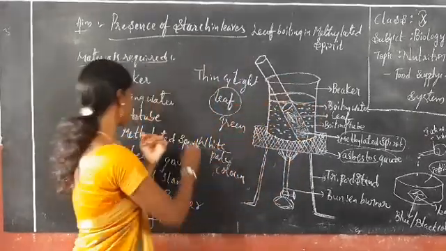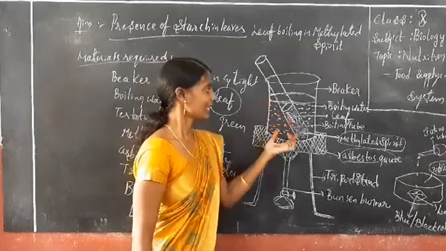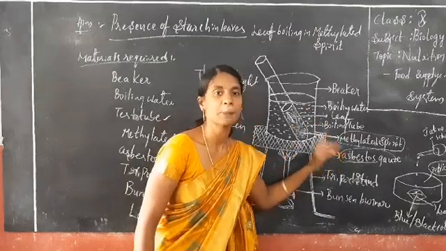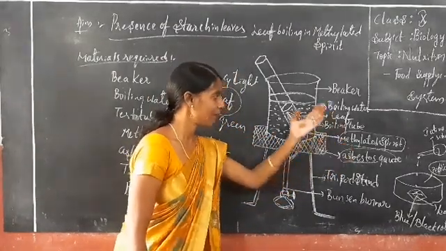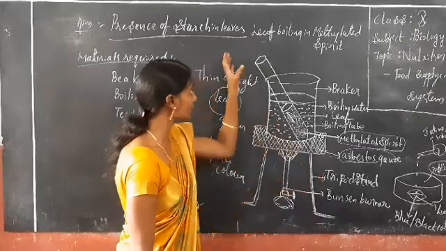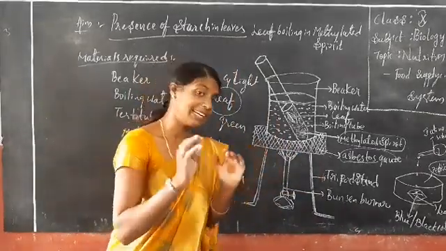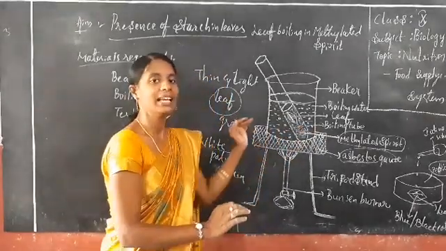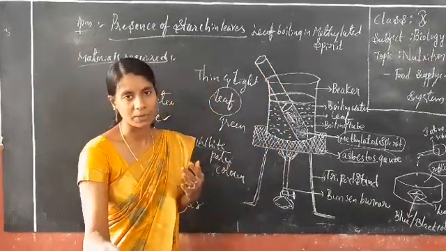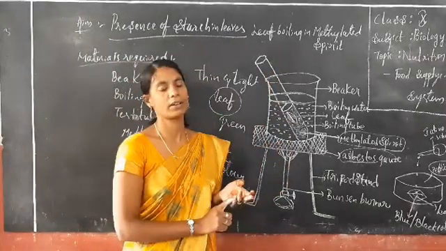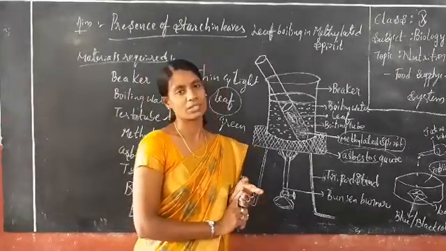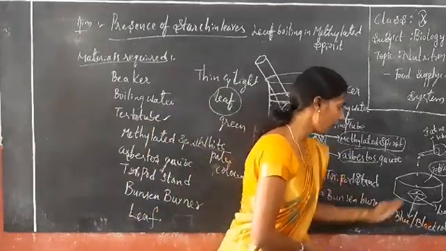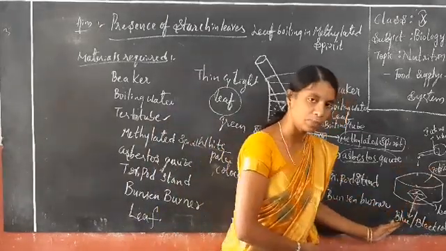After that we take a test tube here. If you take a test tube, which solution do you take inside it? Yes, very good, methylated spirit. This methylated spirit is basically used in testing for the presence of starch in leaves. In this experiment we see how starch is present in the leaf. Starch is present in leaves, and carbon dioxide and sunlight are necessary for photosynthesis. First of all we do this activity, and then only we can use the iodine solution. If you add iodine solution, it turns blue or black.